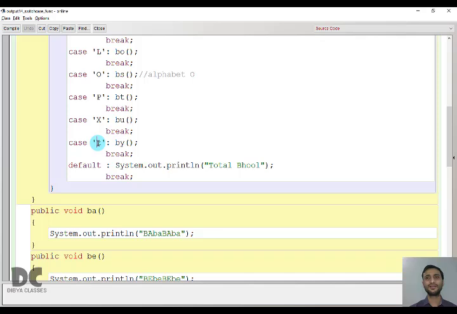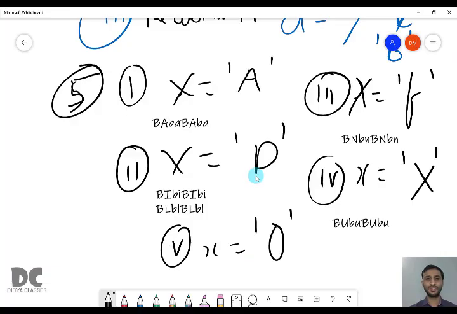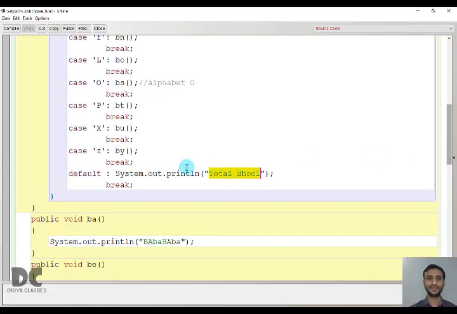P, X, Z. So neither of the cases are matching, means it will automatically move to the default statement. And what is it printing? It is printing total bhool. So here in the 5th bit, we'll get the answer as total bhool. Then the break statement is written and the program is over. Here we are not calling any function, we are printing directly. Understood? Clear? Easy one? Yeah.